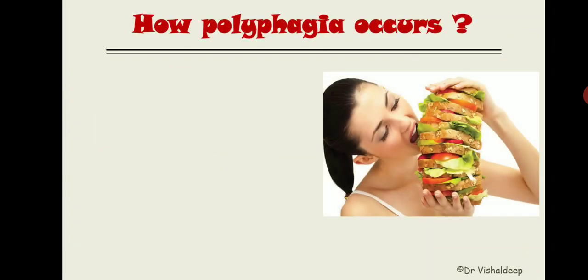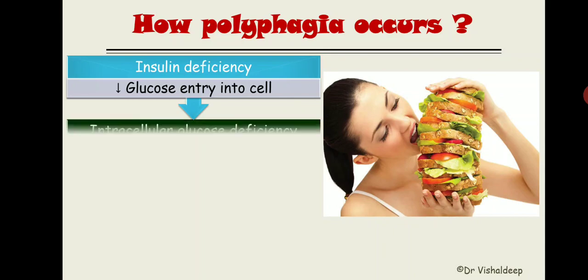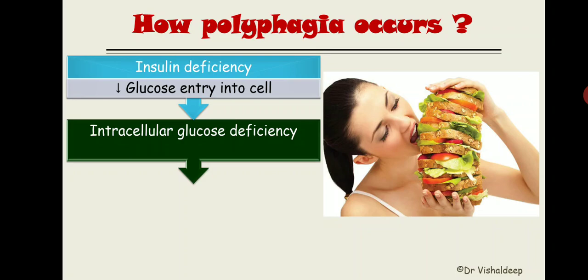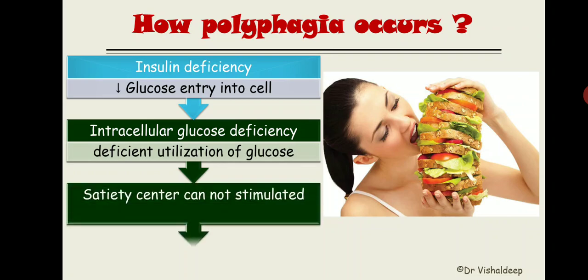The next complication of hyperglycemia is polyphagia. Insulin deficiency leads to decreased glucose uptake, so basically decreased glucose entry inside the cell. So intracellular glucose deficiency will occur. The glucose is not in sufficient amount inside the cell, so the cell is not able to utilize the glucose that is situated outside the cell. So there is a deficiency in the utilization of glucose. So ultimately the satiety center cannot be stimulated, and due to the satiety center not being stimulated, there is overaction of the hunger center,